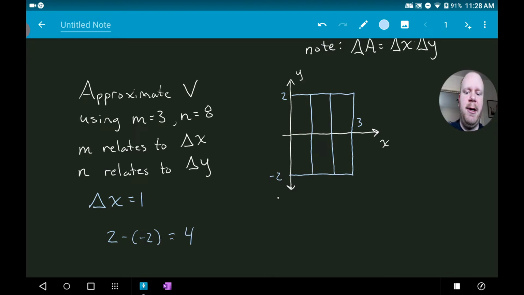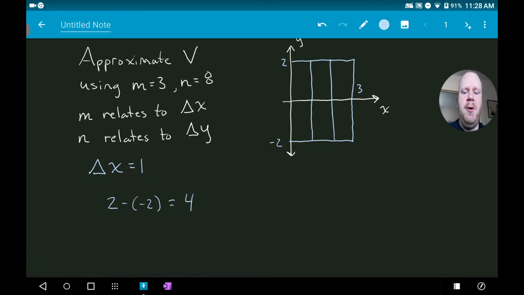The distance from here to here. So we have a distance of 4, and then delta y is going to be equal to 4 divided by this number of partitions, n. So that's 4/8,